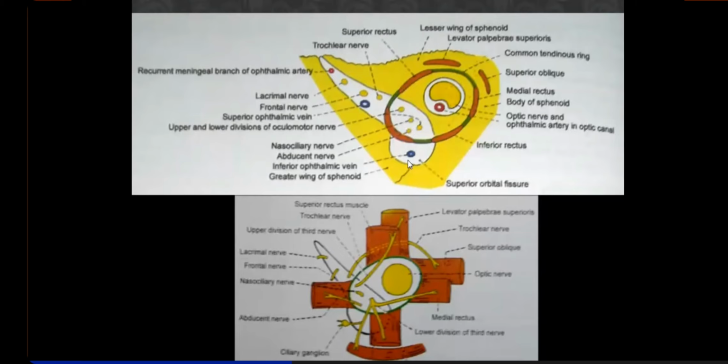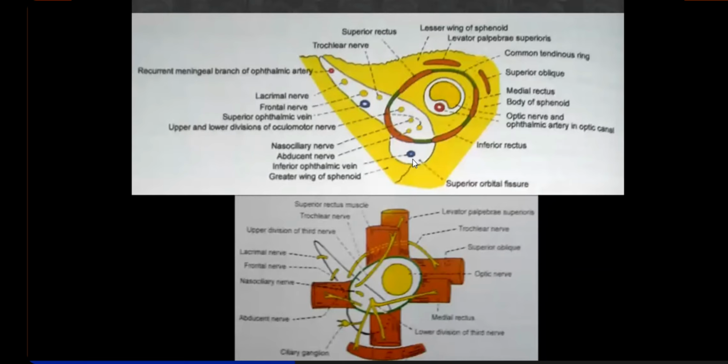Now the two veins, right? These are veins, and veins have a reverse course, right? From the face, they move backward. So this is the superior ophthalmic vein, which will pass from the supralateral portion and will drain into the cavernous sinus. And about the inferior ophthalmic vein, actually I'll tell you that when talking about vessels, venous circulation always has a lot of anomalies. It does not always have a fixed course.